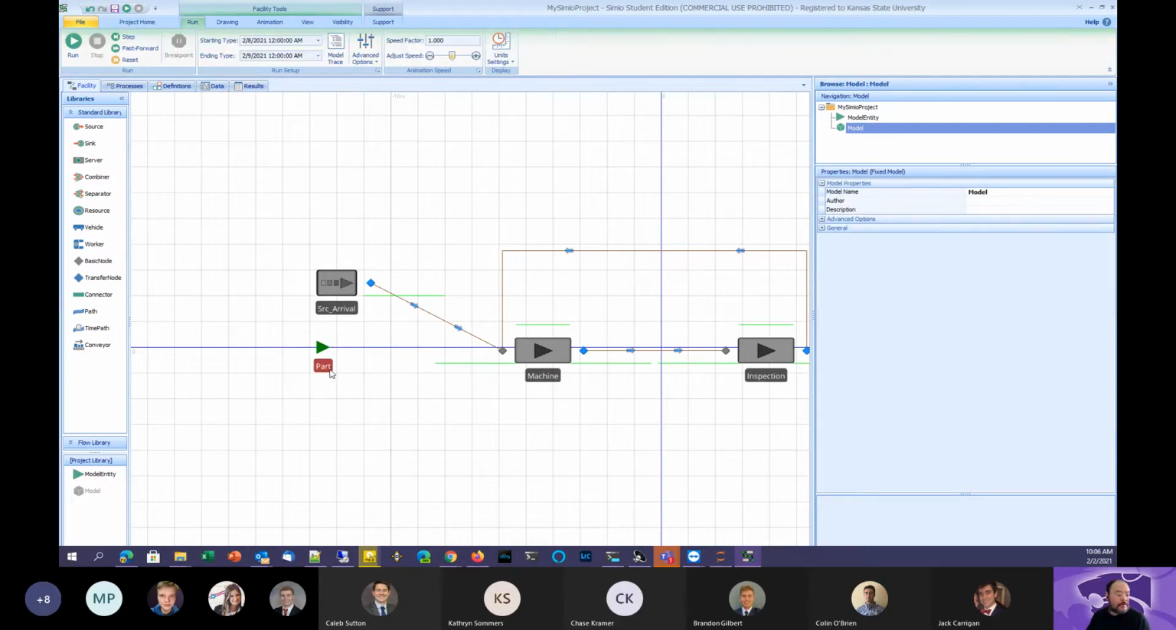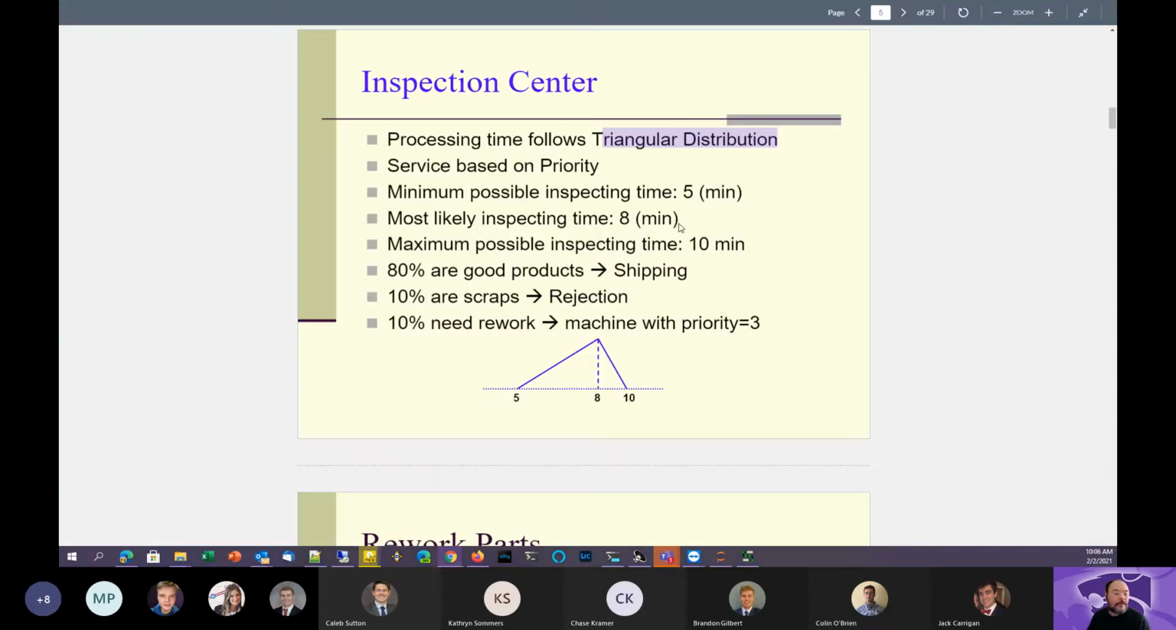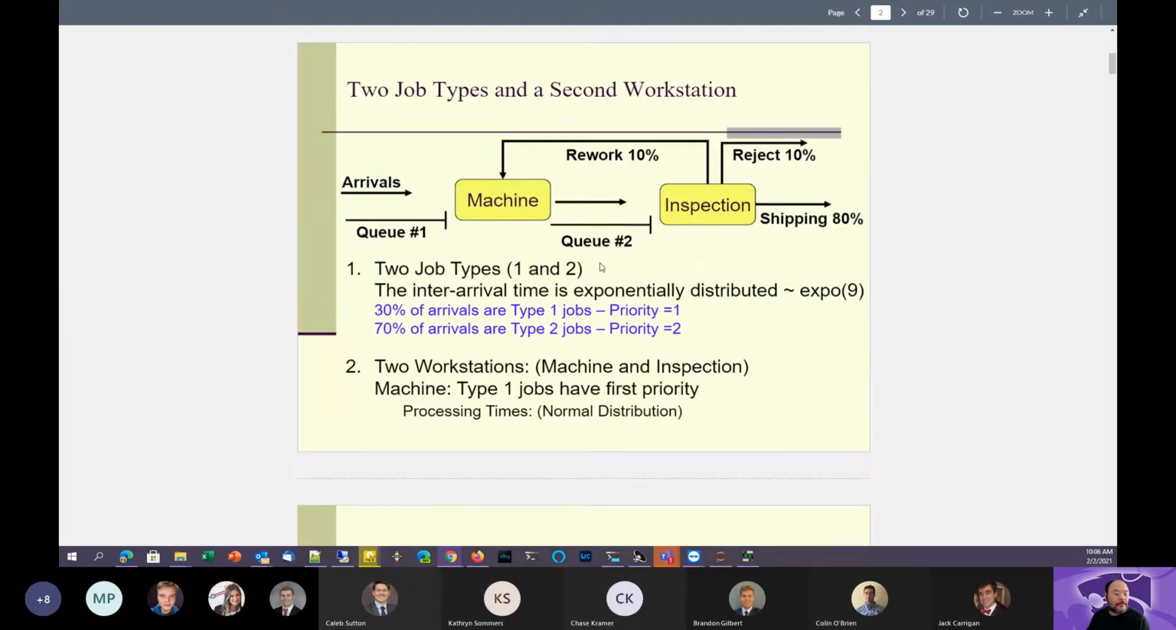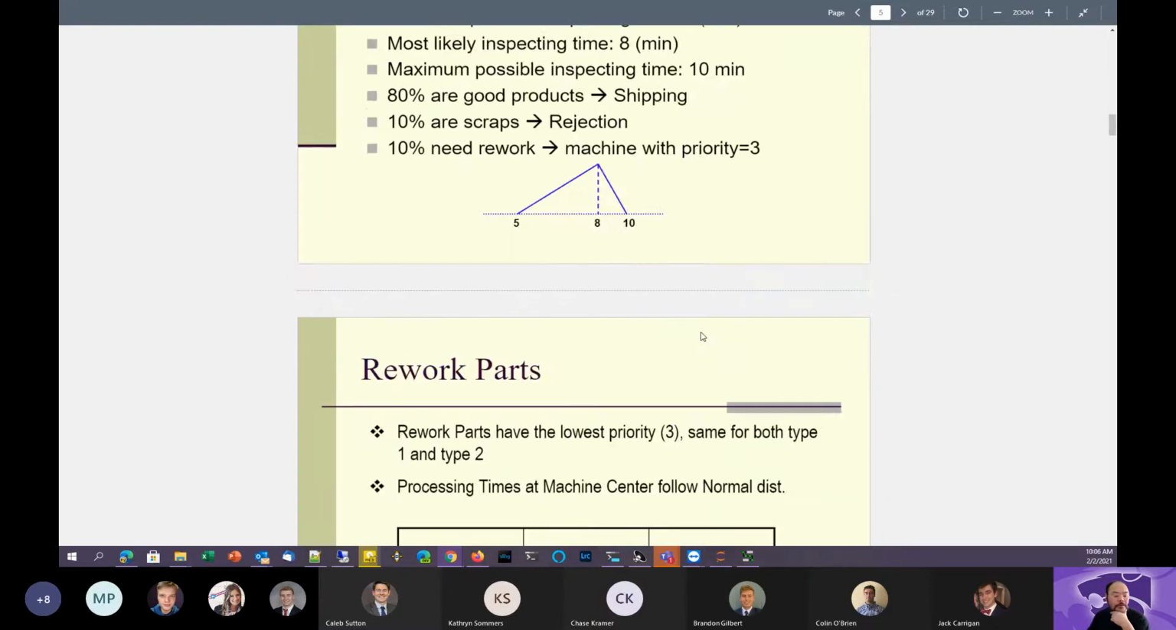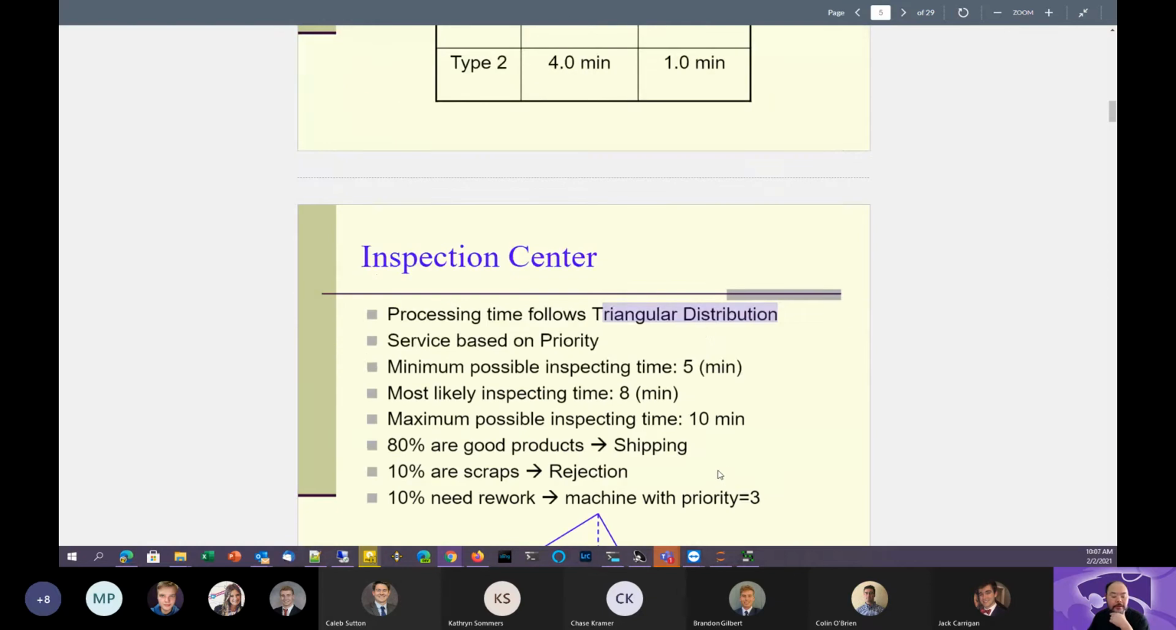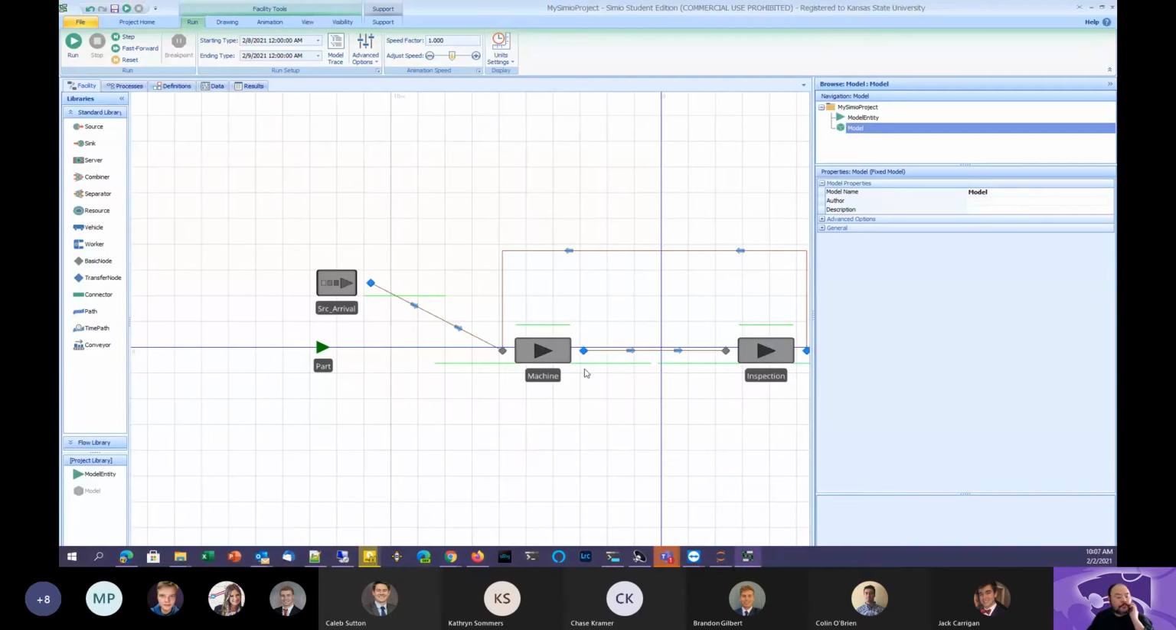And this part, like before, we have two different types. We have 30% of chance going for type 1, and 70% of a chance priority equals 2, and also the rework actually priority equals 3. How do we do that? So here what I have,